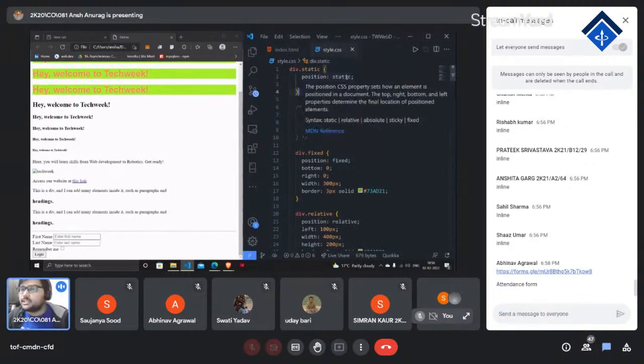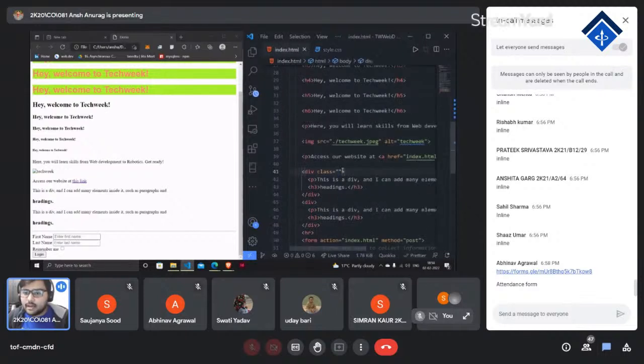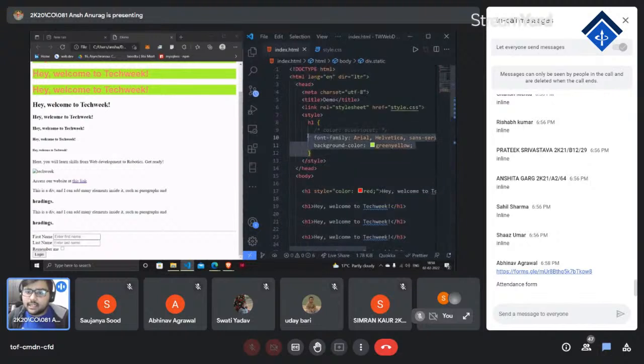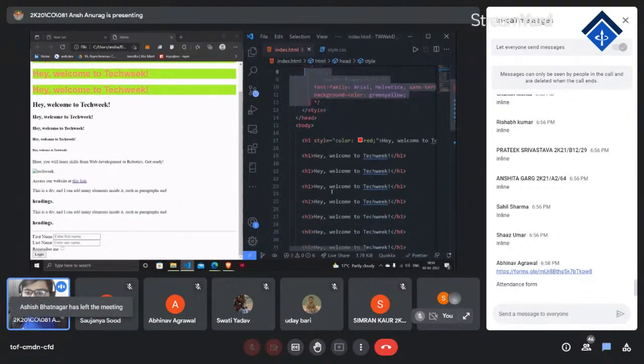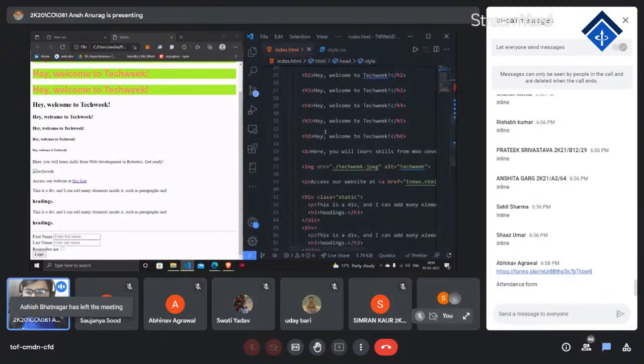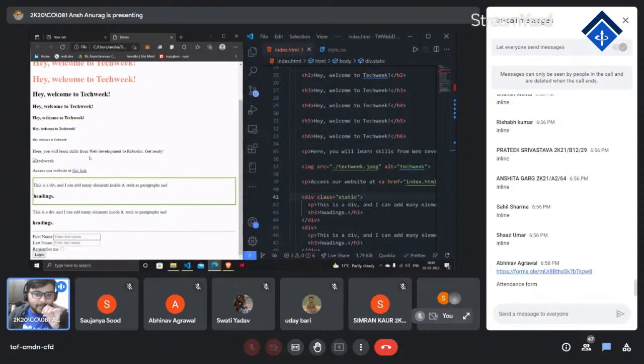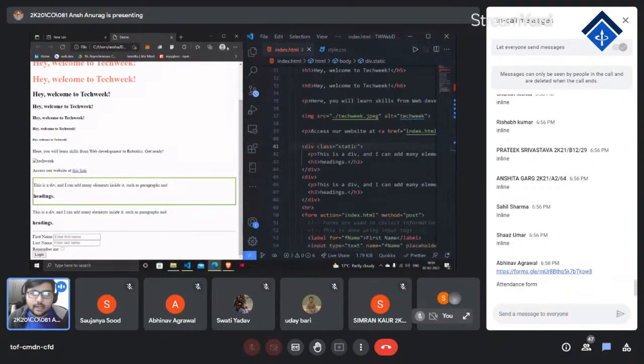तो स्टैटिक की बात कर लेते हैं। स्टैटिक में हमने डिव का नाम रखा है स्टैटिक, उसमें लिखा है पोजीशन स्टैटिक है। ठीक है, तो यहाँ पे अगर क्लास का नाम स्टैटिक लिखोगे तो उससे काम नहीं बनेगा, ये चीज ध्यान रखना कि क्लास का नाम अगर स्टैटिक रख दिया तो काम नहीं बनेगा। तो उसमें आपको मेंशन करना होगा स्पेशली कि कौन सा यूज कर रहे हो। स्टैटिक बाय डिफॉल्ट होता है ऑल्सो।